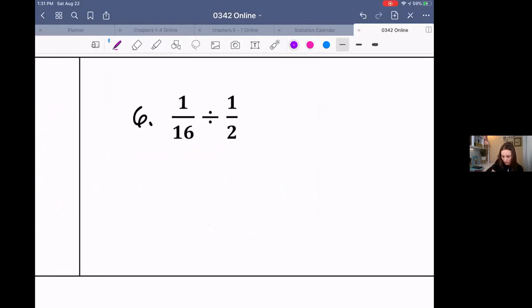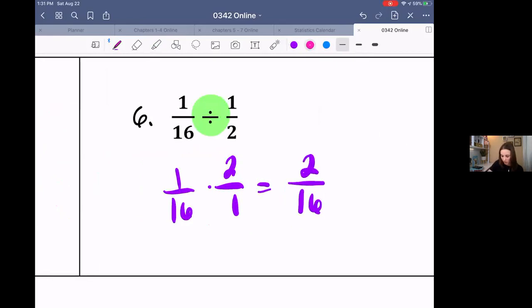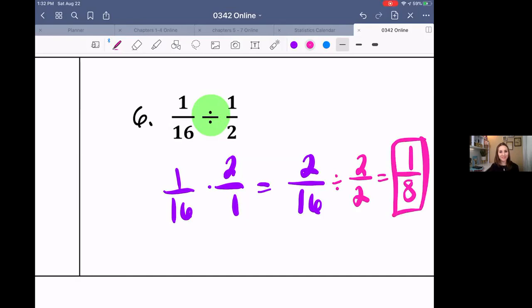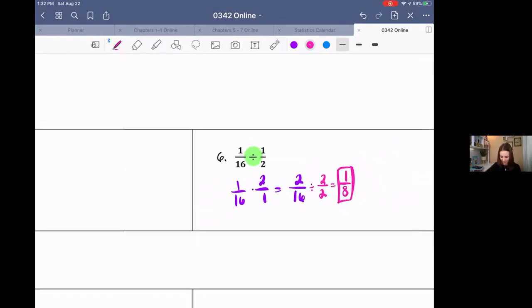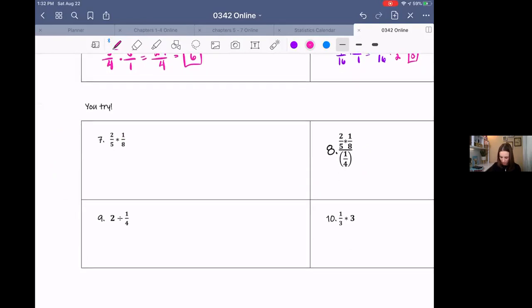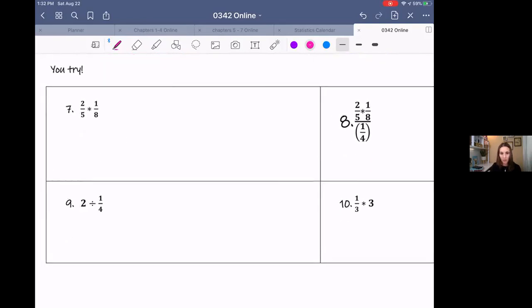Okay. We see a division sign, which means we need to flip the second fraction and multiply. We get 2/16, which reduces by 2, there we go, 1/8. Isn't that wonderful? Okay, I have some examples down here that I want you to try. So if you would pause the video, try them on your own,